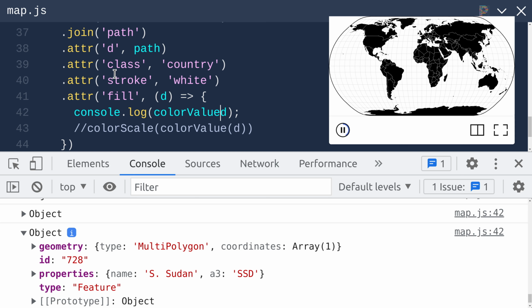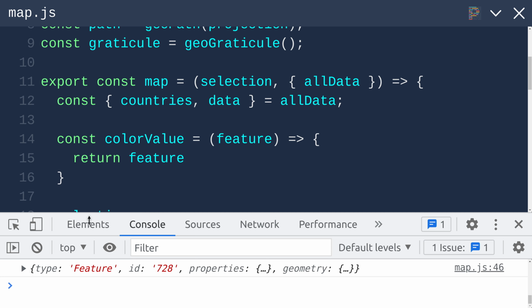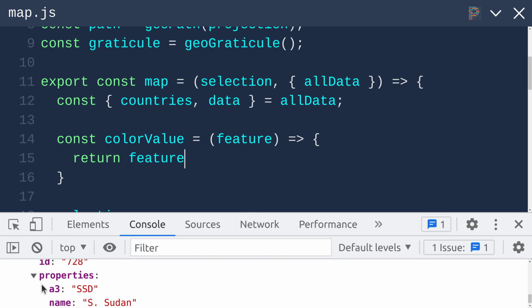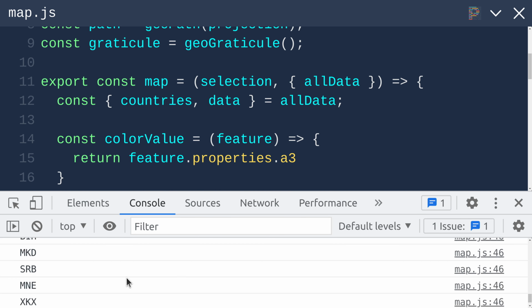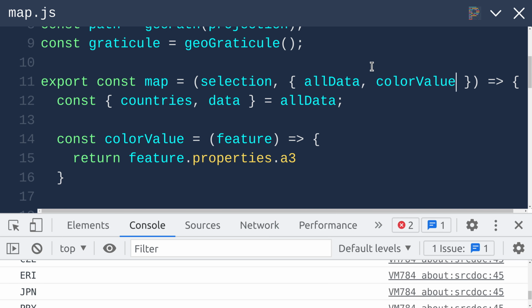So let me go ahead and introduce a color value function. const colorValue equals a function of the feature. And let's start by saying return feature. Next, we want to drill down into feature.properties.a3. This isolates all of those country codes. But now that I think it through a little bit, color value should actually be passed in as a configuration option on the map. And that should take as input one row from our original data set. So I think I'll rename this other function